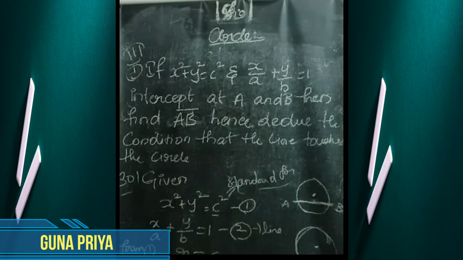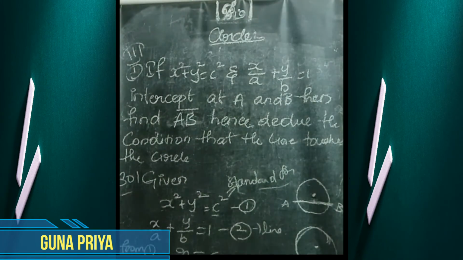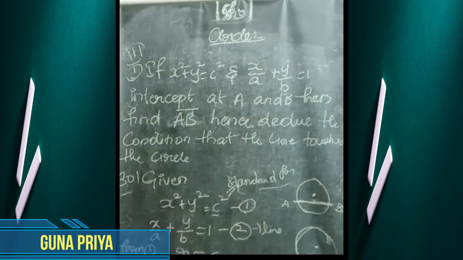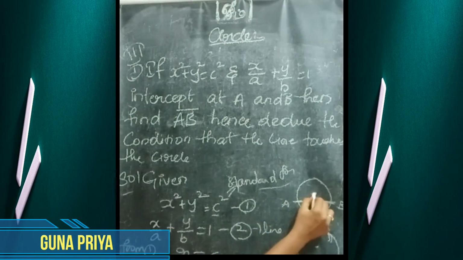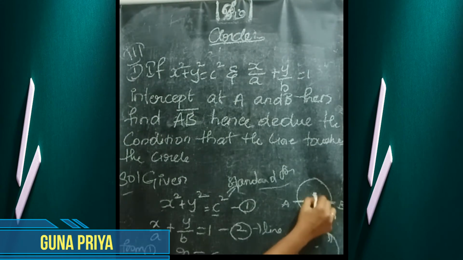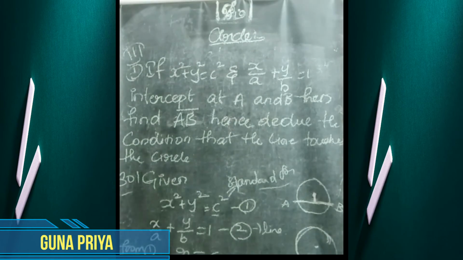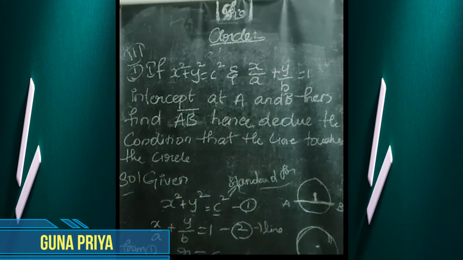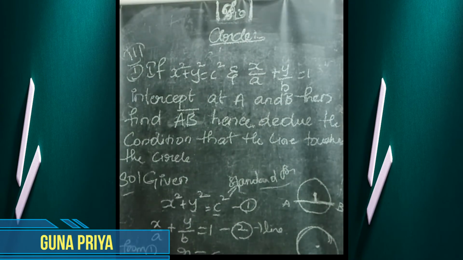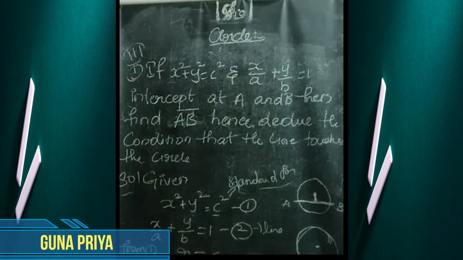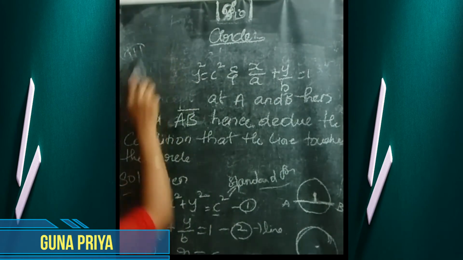Okay. Already see here, first we have to find AB. Here this is the center, right? The perpendicular from the center to the chord. Already we know the chord formula. What's the chord formula? 2 into root of r square minus d square. Already we know the r value, but we have to find d. To find d, I'll write here on the upside.